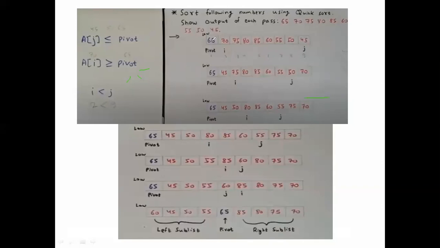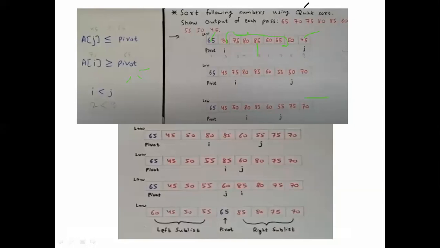In this array, you can choose the first element as the pivot, or the last element, or a middle element, or any element as the pivot. The pivot may be any number in the given list. Just write there, I am taking the first element as the pivot, or the second element, or the last element as the pivot. Before doing quicksort, you should mention which element you are taking as the pivot element.